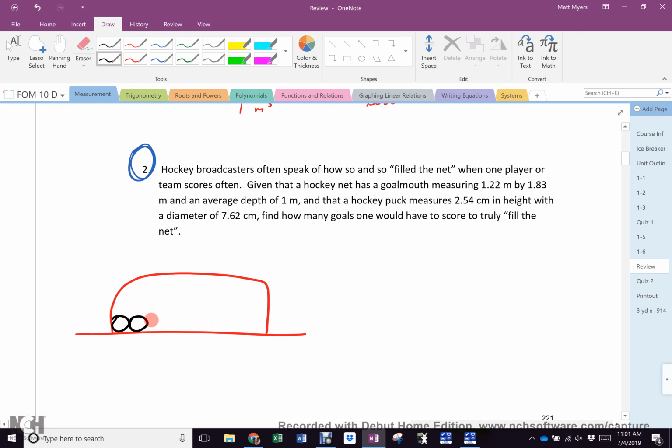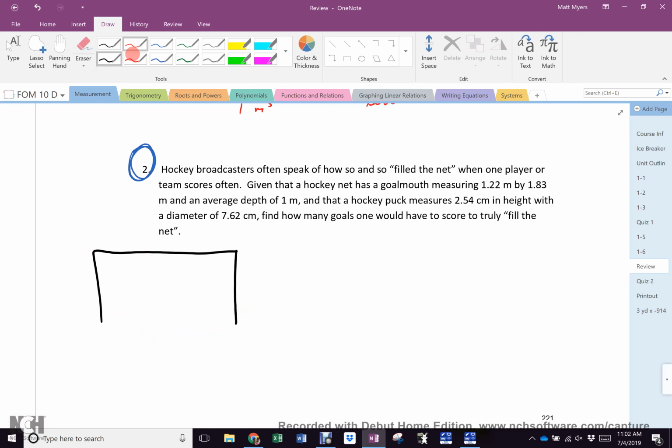The pucks make circles, don't they? What is that right there? And that right there. Empty space, isn't it? So, I can fill the front of the net. From the front,